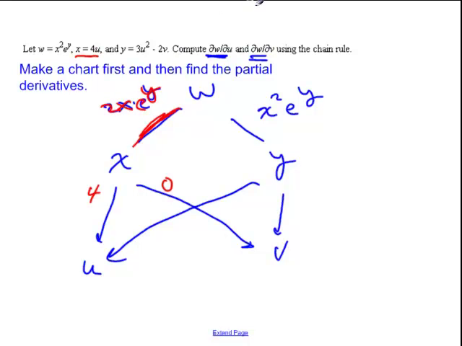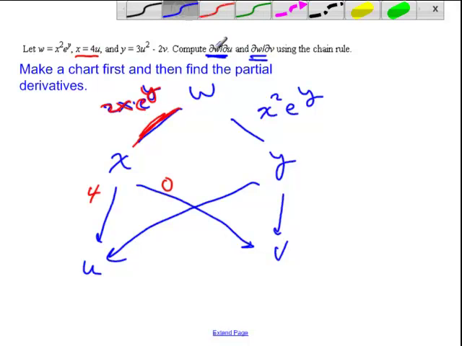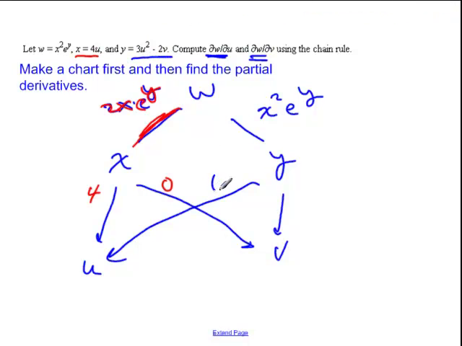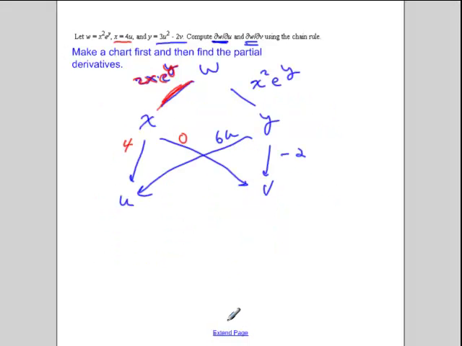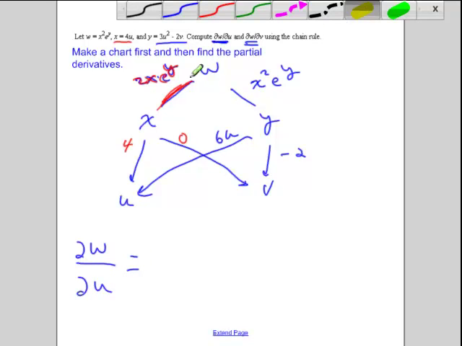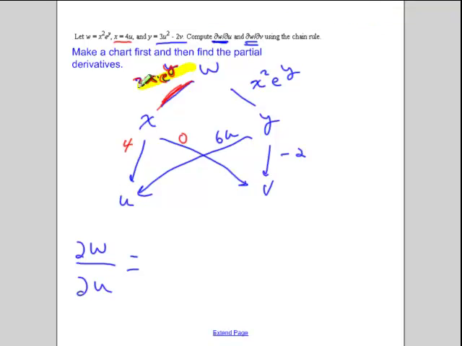And now if we look at our y, we'll continue doing our y in blue. The change in y with respect to u is going to be, looking up here, 6u, and the change in y with respect to v is minus 2. So if we want to find the partial derivative of w with respect to u, so how w changes as u changes,